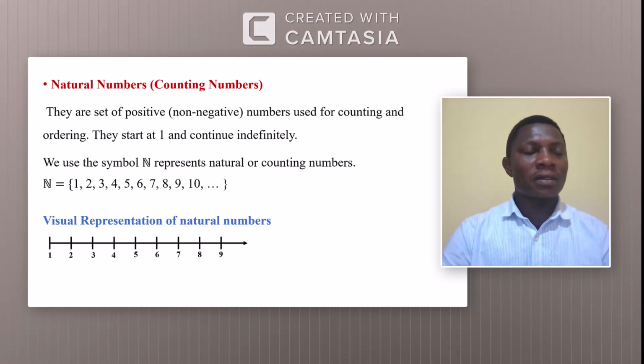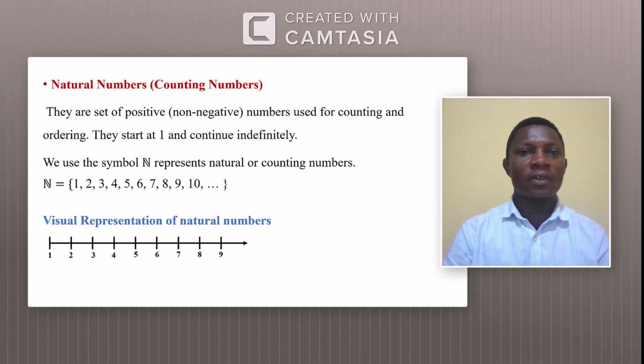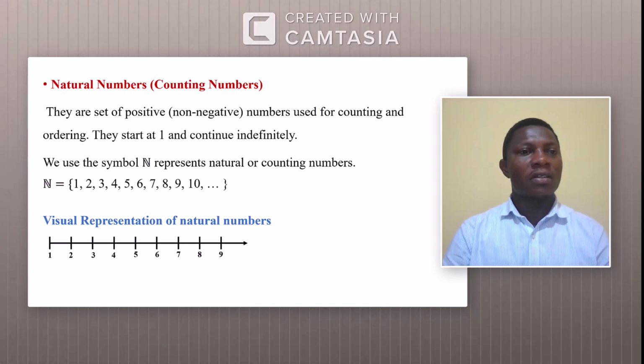Now, the first key concept is natural numbers. Per what we have here, they are a set of positive or non-negative numbers used for counting and ordering. They start at 1 and continue indefinitely. So let's look at